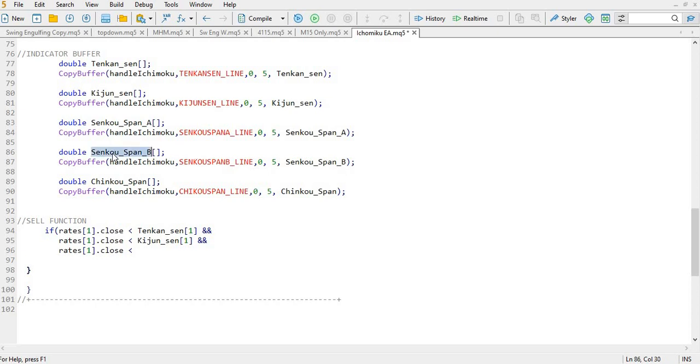So if we have price close below those 3 lines, we want to sell, so we close this bracket here,